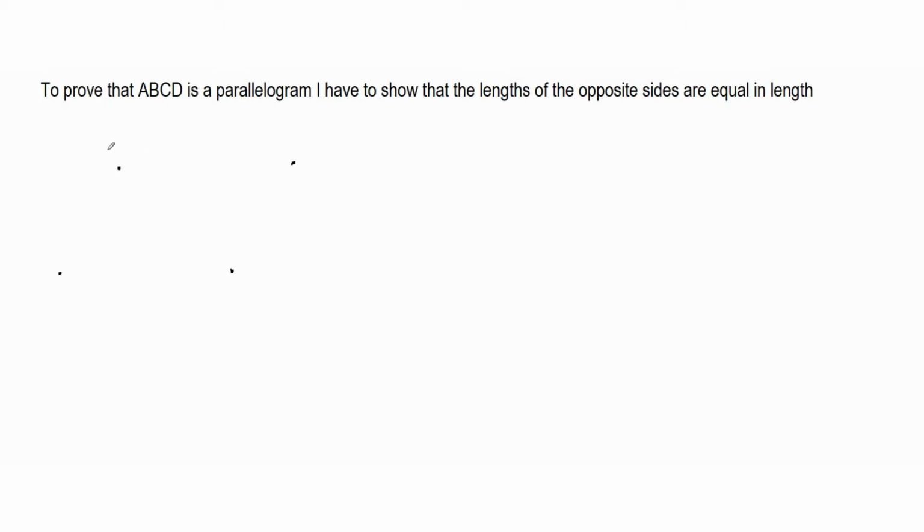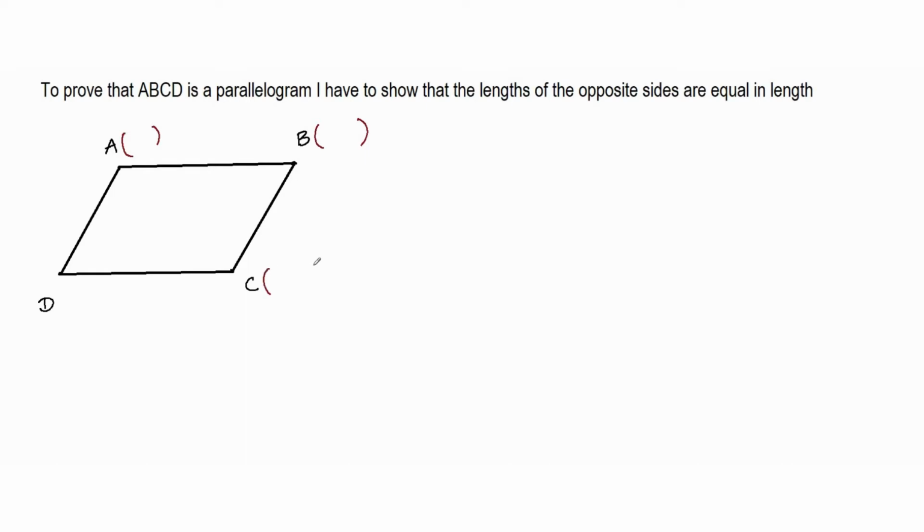I want to check whether ABCD forms a parallelogram. So now, using the distance formula, I want to check how I can find whether this figure is a parallelogram. Let us join A with B, let us join B and C, let us join C and D, and then let us also join A and D. Now I want to check whether the quadrilateral ABCD is a parallelogram. I know the coordinates of these 4 points: A, B, C, and D.